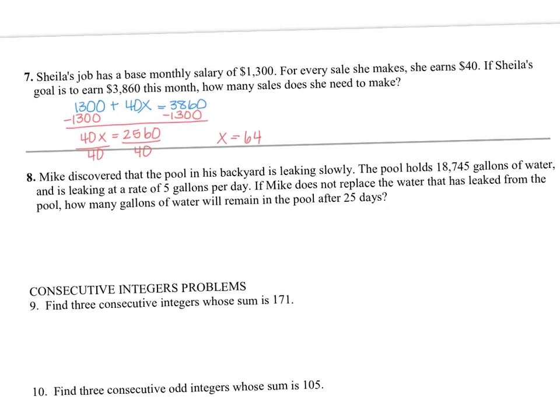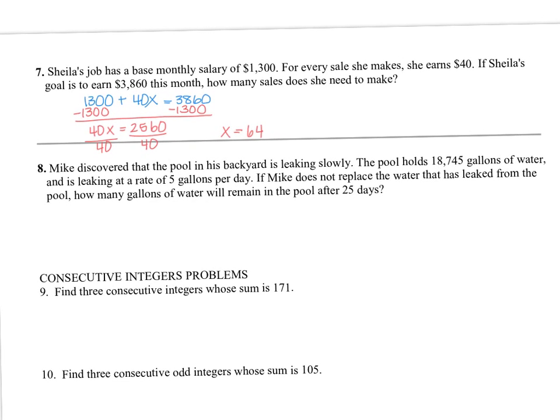Last but not least in this section, Mike discovered that the pool in his backyard is leaking. The pool holds a total of 18,745 gallons, and it's leaking at 5 gallons per day. He's not filling up any water while it's leaking, so how much water will still be in the pool after 25 days? So the water left equals, well, the pool started with